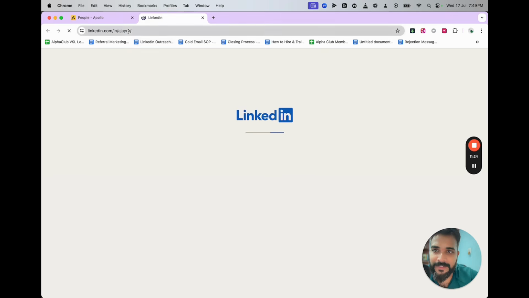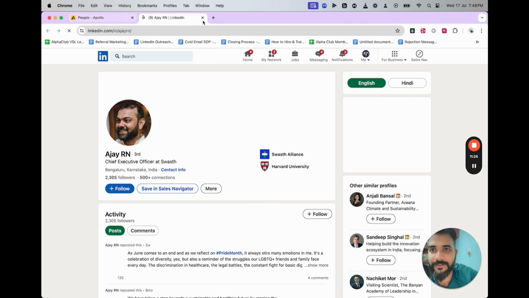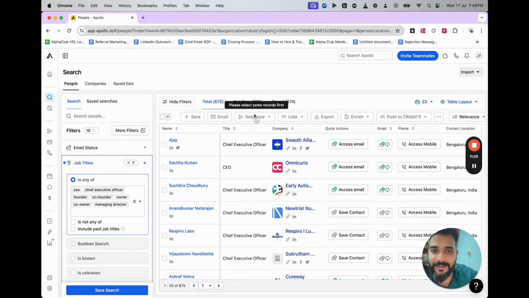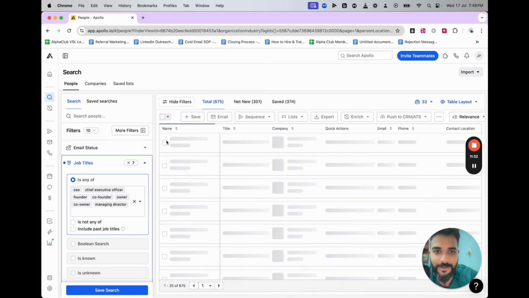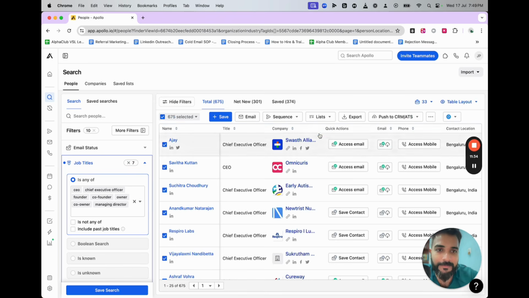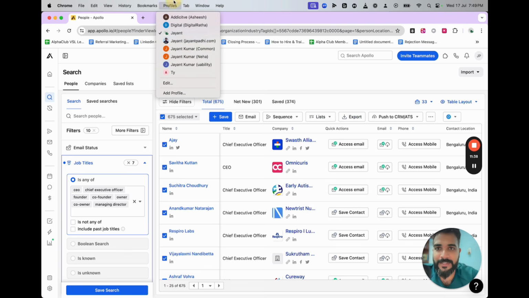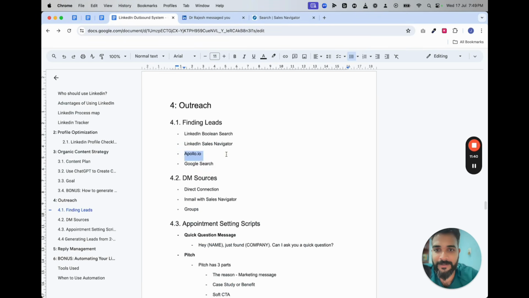There you go. So we got about 675 results, but the good thing is that here you can get their direct LinkedIn profile as well, right? And you can download this whole data and start an outreach campaign of your own. So this is a good one. You can simply click here, select all people. At least it allows me to select all the people and export the whole data. So that's another way to extract a lot of contact details.